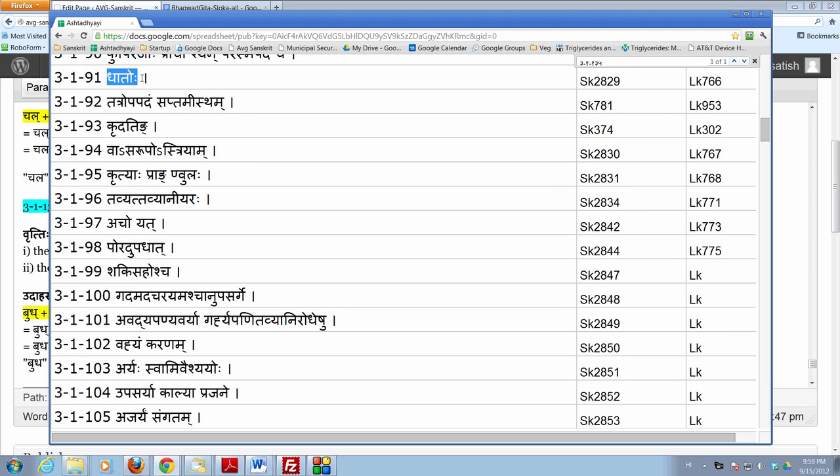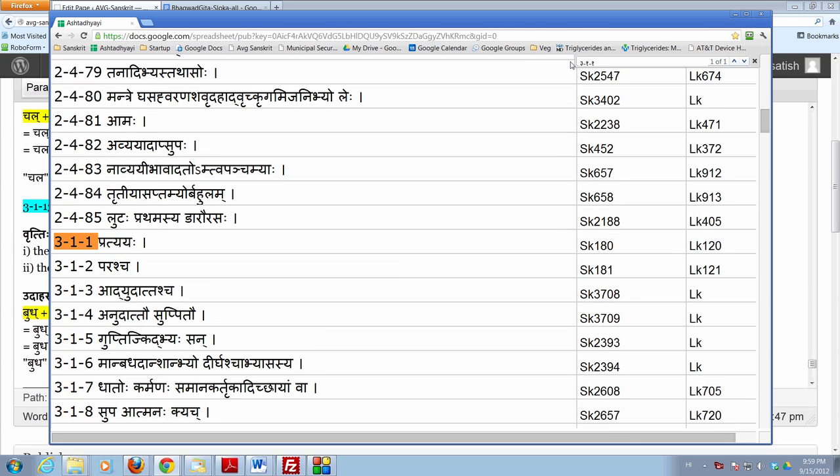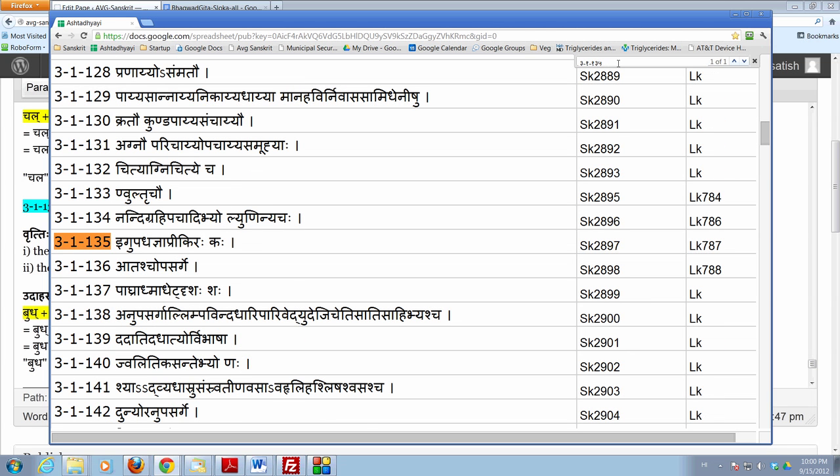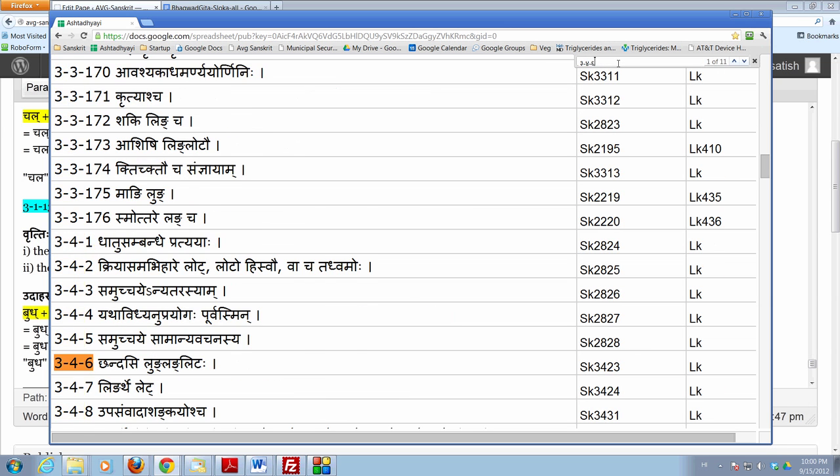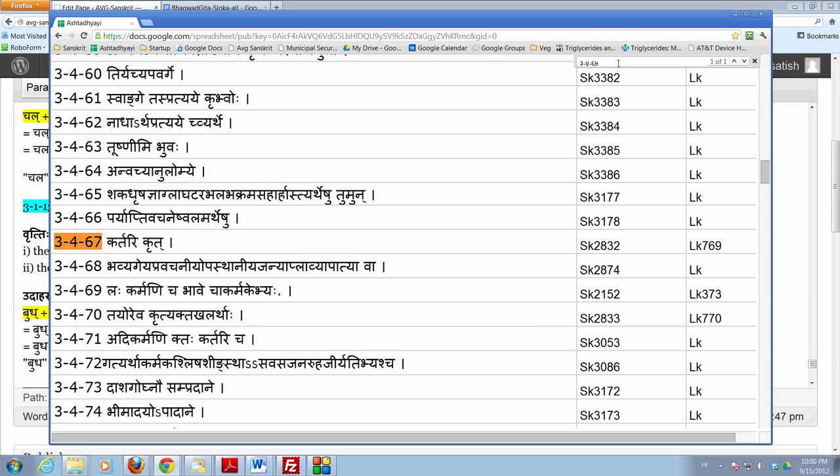Also in the adhikara of Krudating, and of course we also have the adhikara of Pratyaha Parascha, which is 3.1.1, 3.1.2. So all the adhikaras are coming down, so we're expecting Panini to prescribe an affix following some verbal roots, a krit affix, which is to be used kartari. Let's not forget kartari krit. This affix is to be used in the sense of the doer of the action. And this sutram simply says that